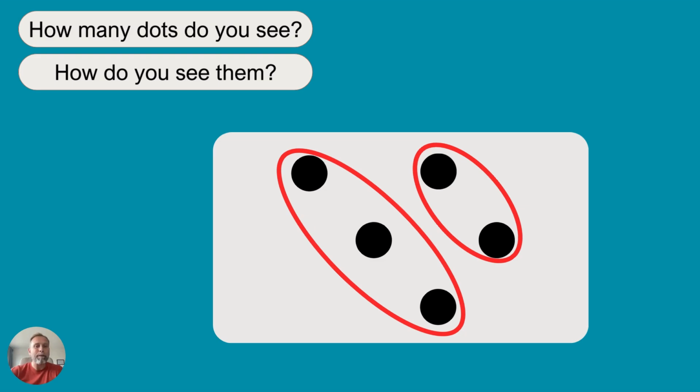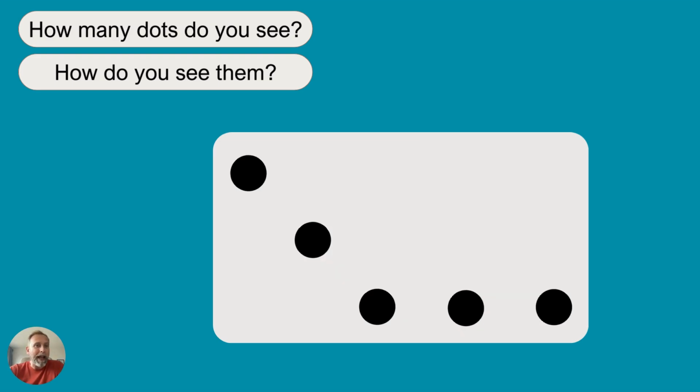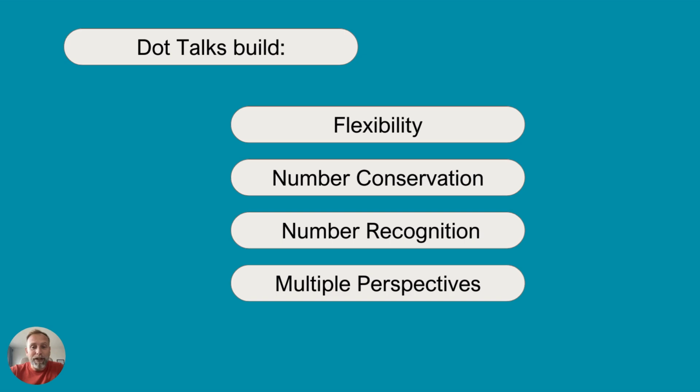And that's great. Then we build up to this last one here. How many dots do you see? How do you see them? And already you're starting to visualize probably the groups within them. You're already groupitizing. So these number dot talks are amazing for building flexibility, number conservation,